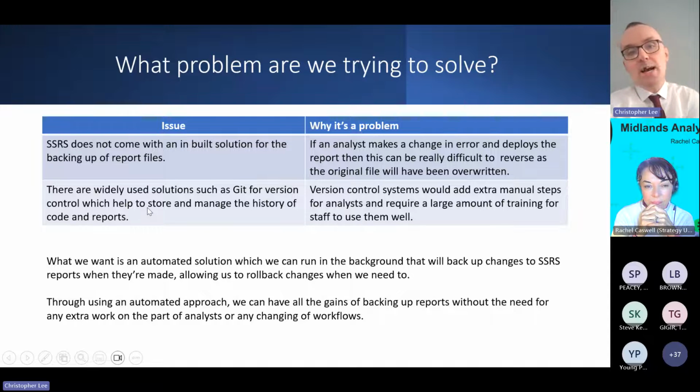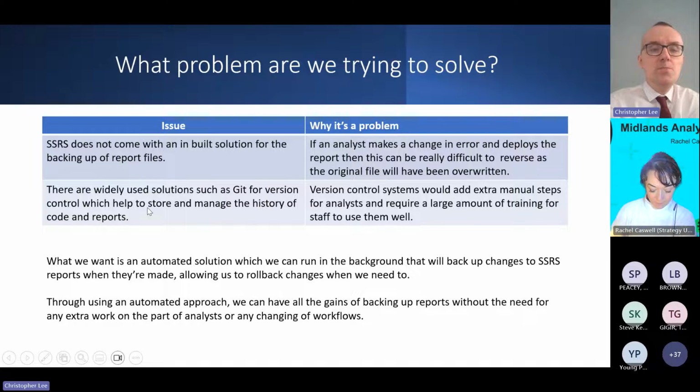I'm going to suggest that the problem with that, or certainly the problem with that in practice, is that if you're going to use version control for your reports and your work, you're adding extra manual steps that analysts and people are going to have to take, and to get them familiar with all of this, it's extra steps and it's extra training. And if people have a workflow, if you like, that they're happy with, then it's just adding a certain amount of extra work on top of that, which maybe is going to make their job more difficult. And so, when confronted with these two problems,